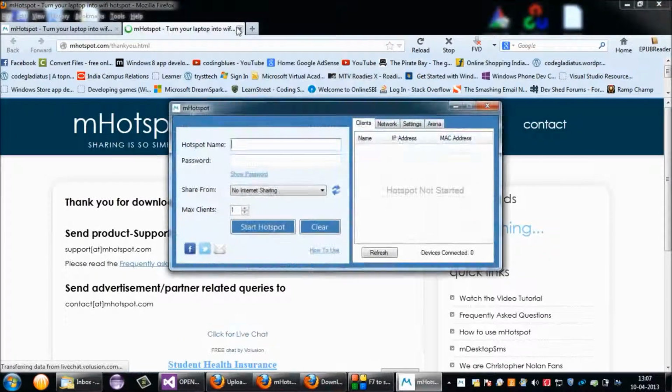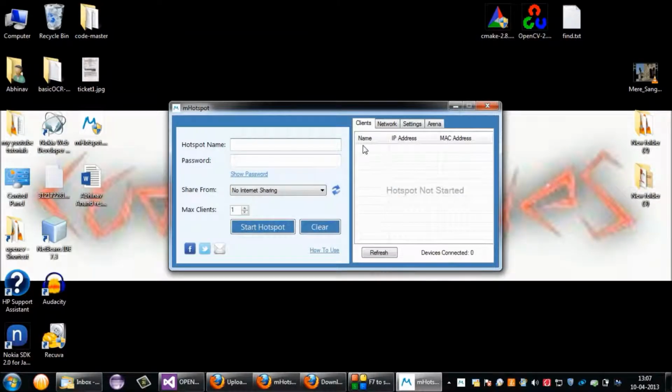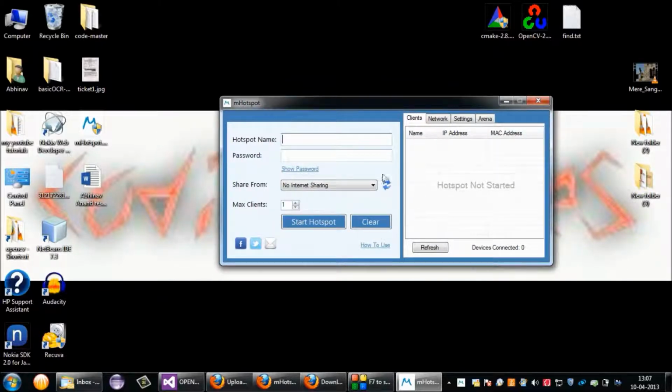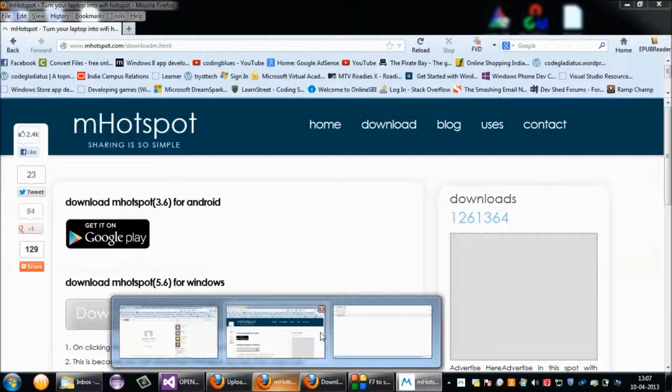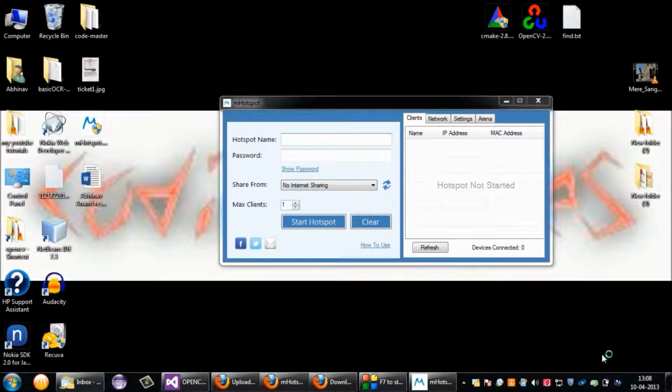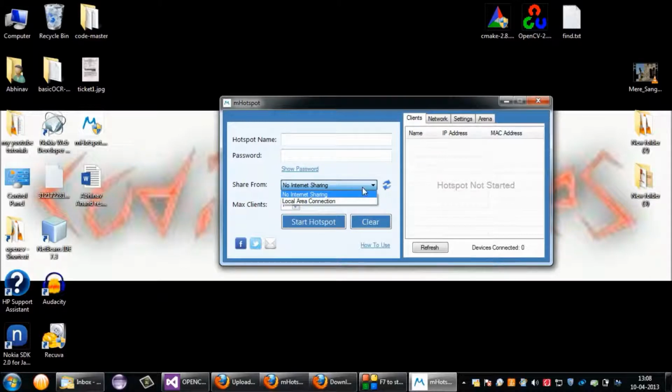So you have downloaded it. The software will start, and there are two things that you need to take care of before doing anything here. One is physically turning on your Wi-Fi adapter through the button located on your laptop. You will probably hear a sound and some notification will appear on your status bar here. So okay, I have turned on my Wi-Fi adapter, and second, the connection which you want to share should be listed here. It is listed here, my local broadband connection, which is LAN.